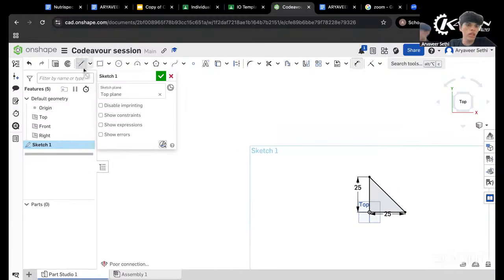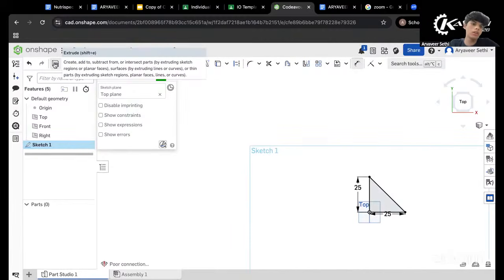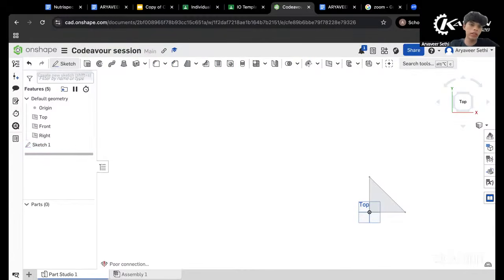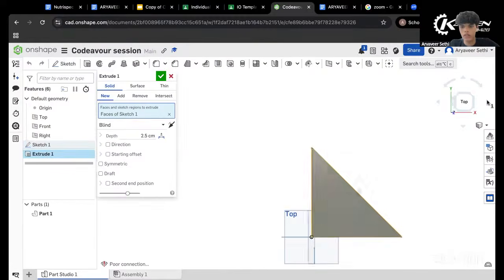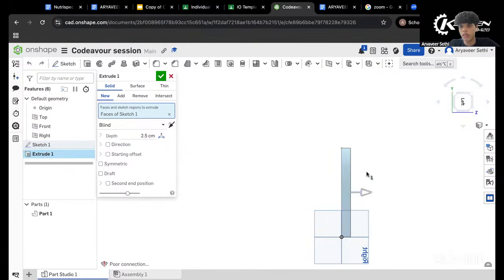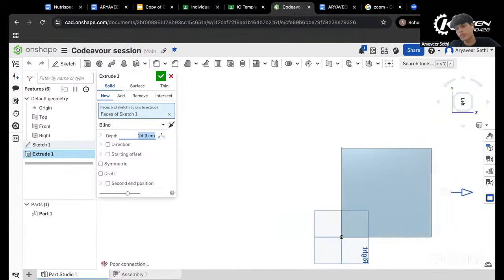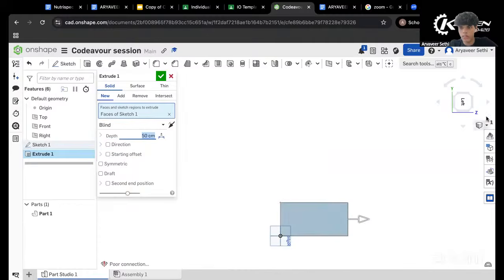So that's done. And to make this into a 3D shape, you can just go to this function right here, which is extrude. You can do this by clicking on it, or you could just press Shift T. Now that you've pressed extrude, as you can see, this has become a 3D shape. With this arrow, you can select the height of the shape. This arrow is pointing rightwards. Its height can basically be called its depth as well, which you can also type in, which I'd recommend you do because you can select more precise dimensions. So I'm just going to have this be 50 centimeters, and now you have a plate like this,